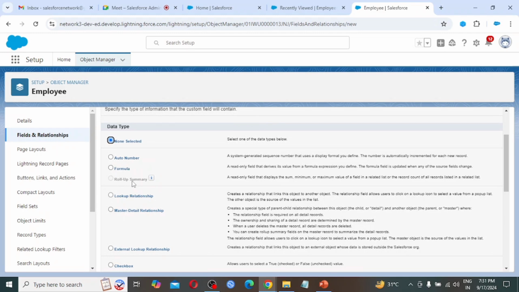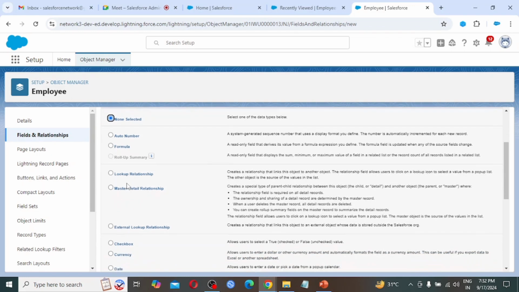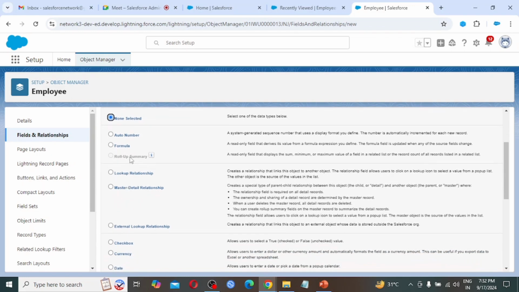This is a little bit critical, so for now we are skipping this. Roll-up summary, lookup relationship, master-detail relationship, external relationship. There is a relation for the master-detail relationship, it is going to create the roll-up summary. So which type of data are we going to create?